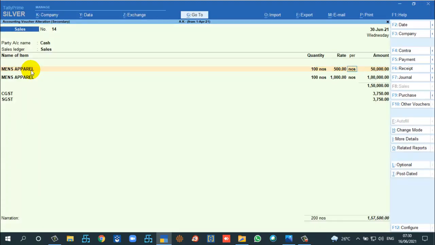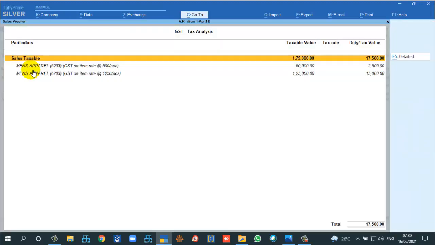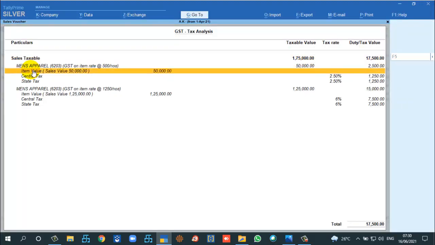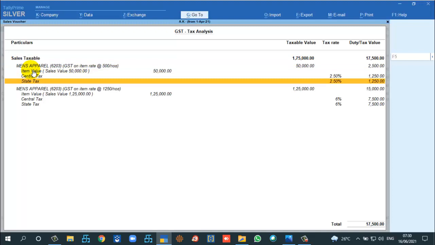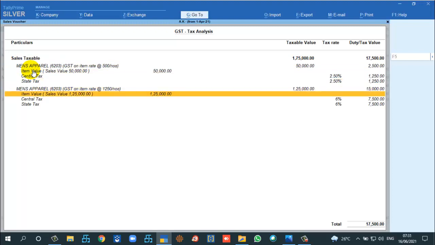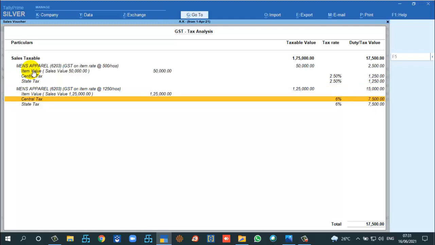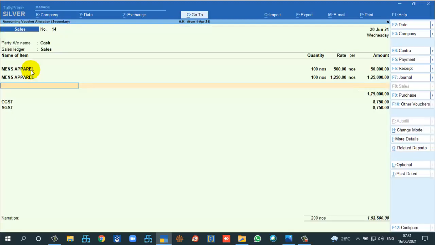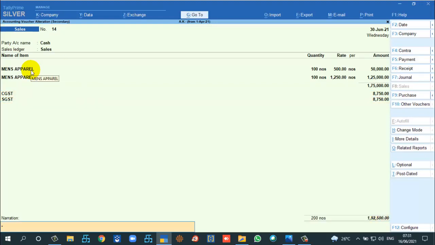Here I am taking one item below 1000, and here I am taking 1250, above 1000. Now let us see what happens. For 50,000 it is 5%. For 1250, above 1000, the tax rate is calculated at 12%. Likewise, we can configure like this also.